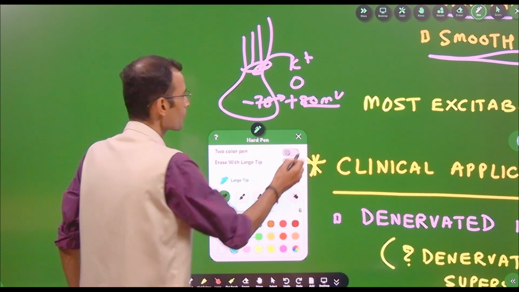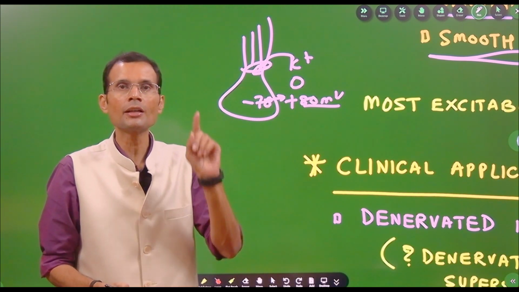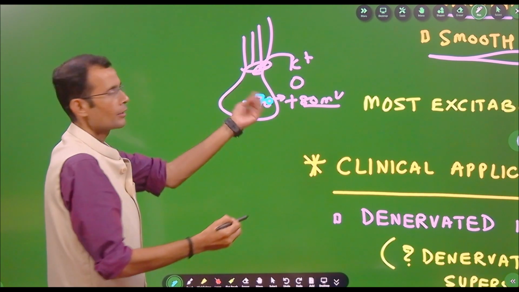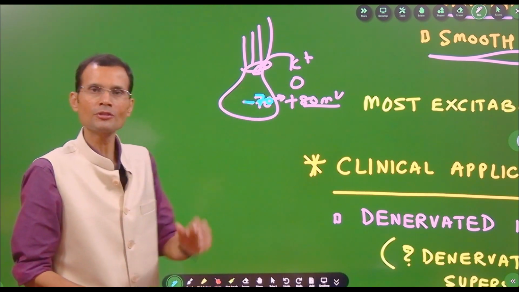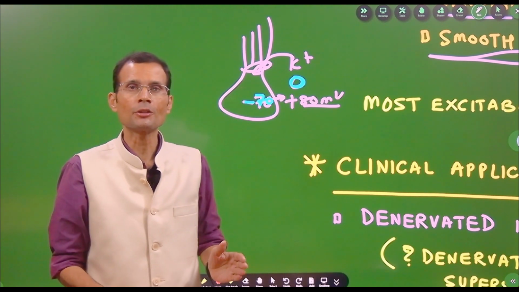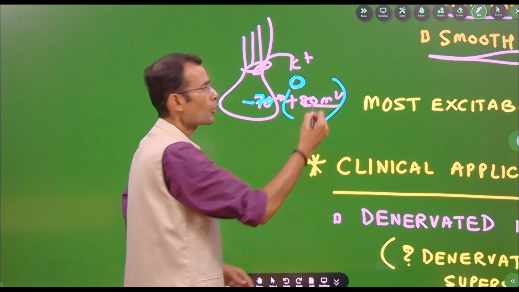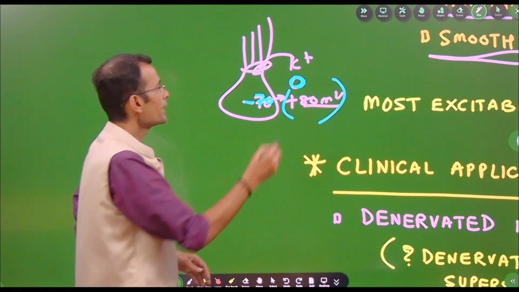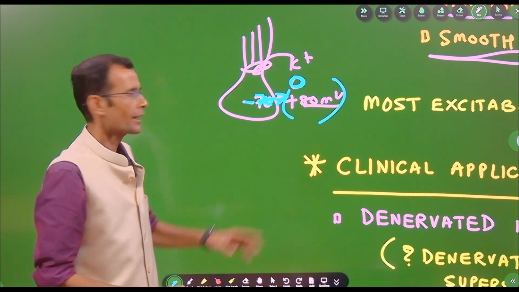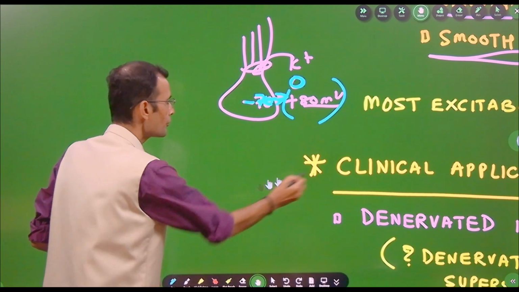The reason is it has got highest transmembrane electrical gradient. In a quick time, let's understand. Inside the hair cell, the potential is minus 70 millivolts, the RMP, and outside is not zero like other cells in the body. Outside is plus 80 millivolts. This is called as endocochlear potential, and therefore if you see, the transmembrane electrical gradient across the membrane is 150 millivolts. If you compare this with a nerve